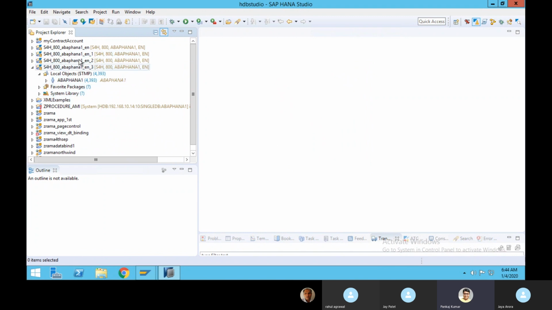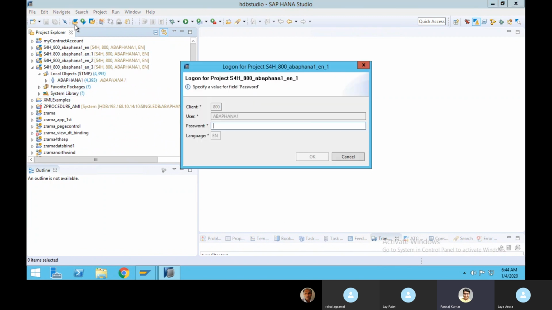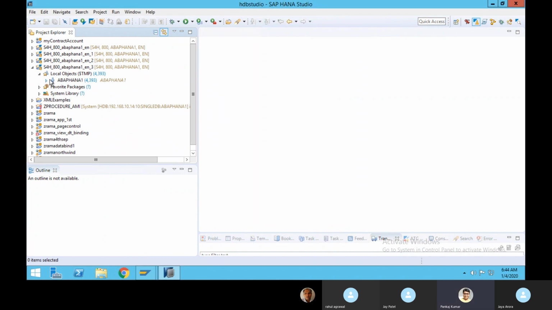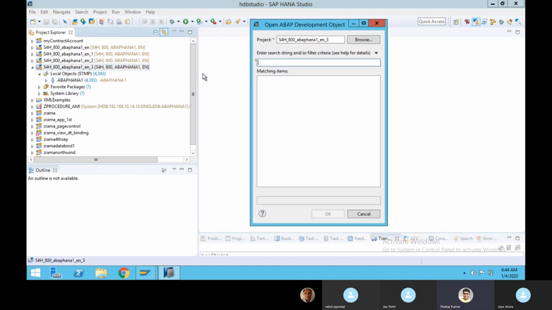If you want to search your existing development, for example, just select the system, click on open ABAP object, and here you can search whatever object you have created. I have created multiple objects with ZJA.